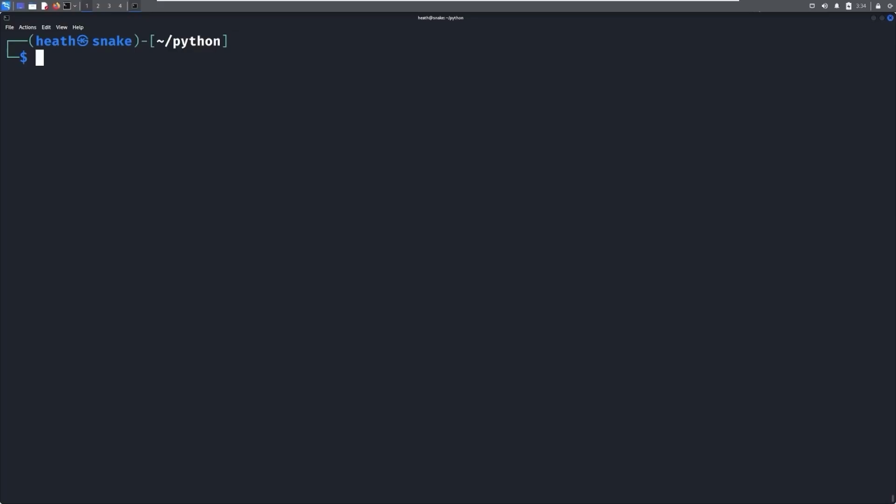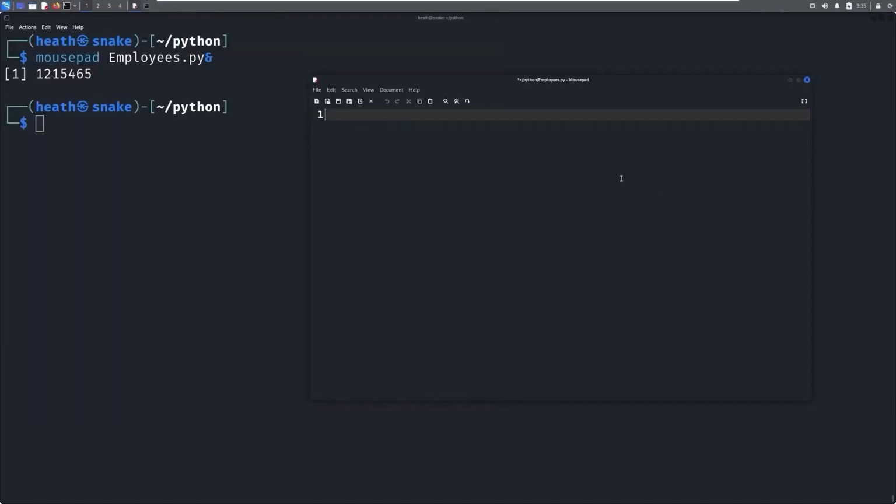So we're going to create a couple of files in this lesson. The first thing we're going to do is open a mouse pad and create a file called employees.py. In this, we're going to declare a class. I'm going to save this here. So let's do class employees, save it, hit enter and tab over, and we're going to do this: